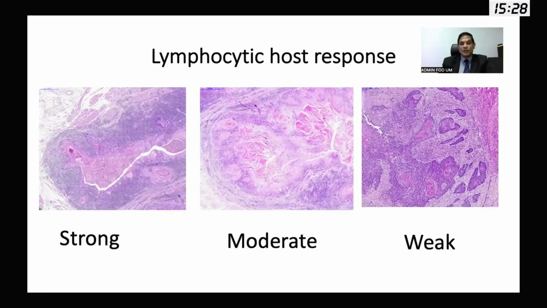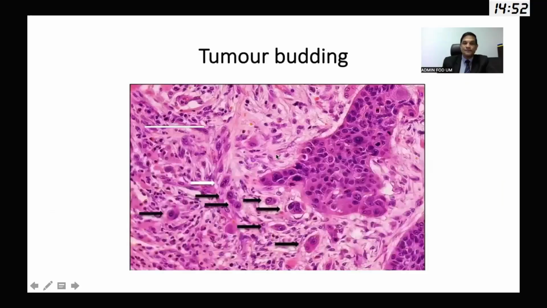What about lymphocytic host response? Now, when there is a strong lymphocytic host response, we know that these tumor cells cannot find their lymphatics and blood vessels easily, but they have to overcome the lymphocytic host response. But a tumor which has hardly any lymphocytic host response, I told you, when you have these thin strands at the advancing front, the stroma is myxoid, and the lymphoid host response cannot invade this area. So therefore, these cases with much less lymphocytic host response, and a pattern of invasion more dispersed or non-cohesive, have a much higher chance of going into lymph nodes.